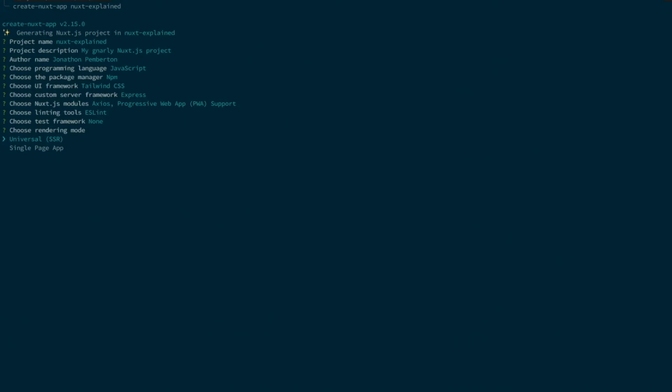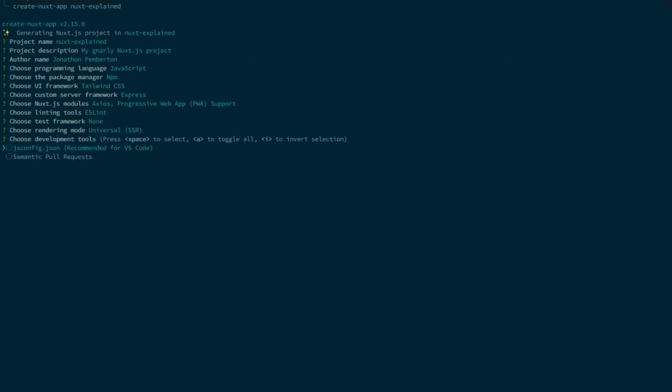And so you'll be able to see the HTML when you do view source in your browser, and we can take a look at that later, but the main difference is that Universal lets you have server-side rendering. Single page app is built primarily just for the client, and no server-side rendering, but it just depends on what your use case is. I'm going to take advantage of the SSR,